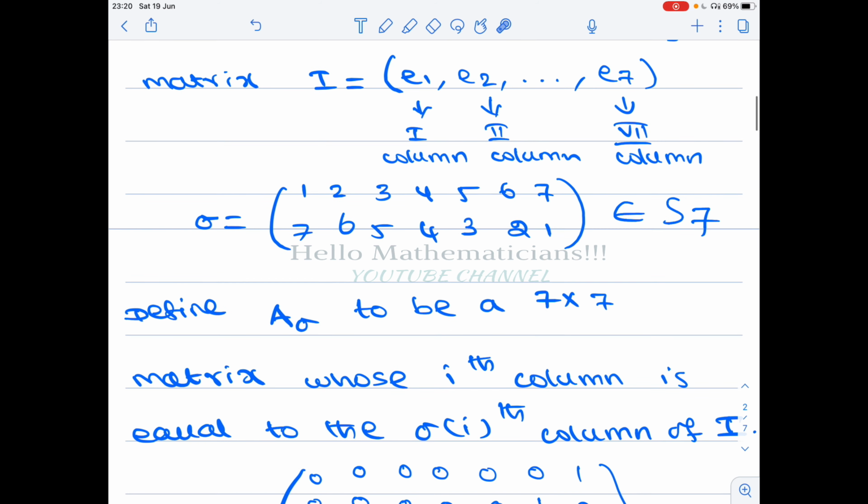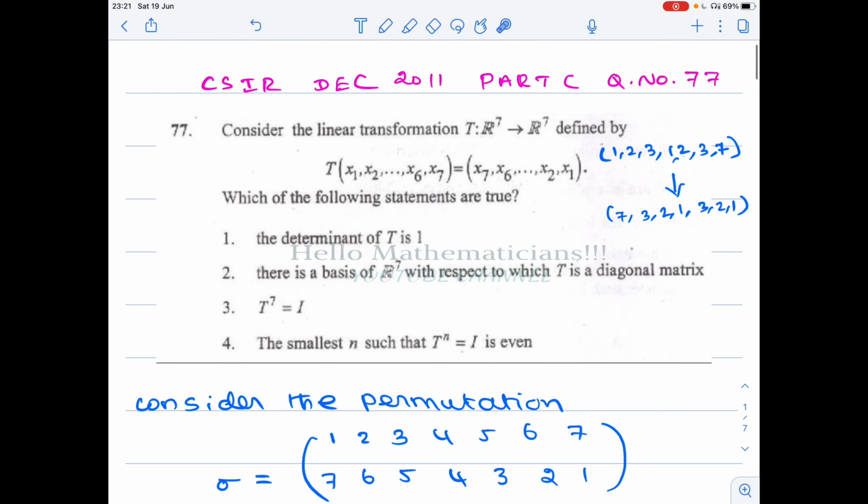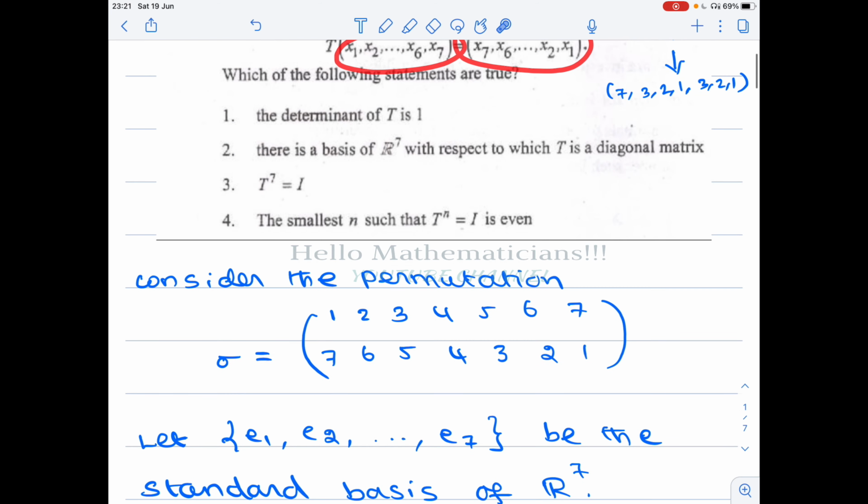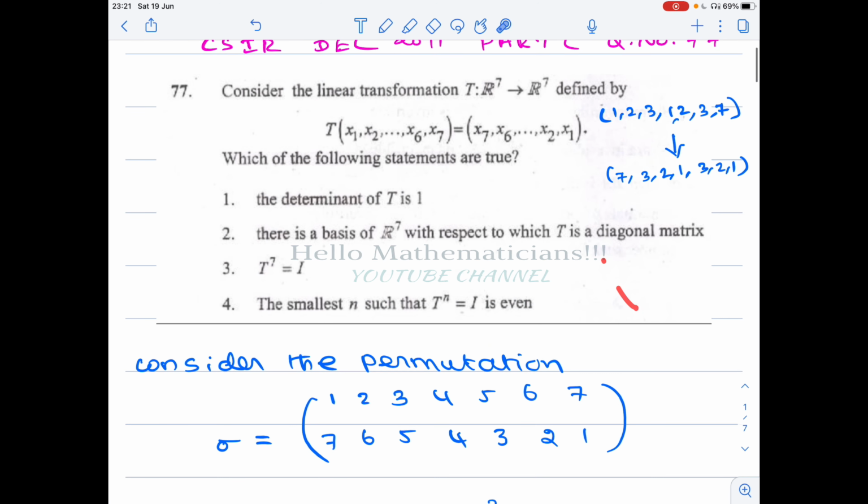Okay, so basically you take a linear transformation from R^n to R^n. That permutes the n coordinates in some way. How it is permuting is given by a permutation. Once it gets permuted using a permutation, then the matrix of